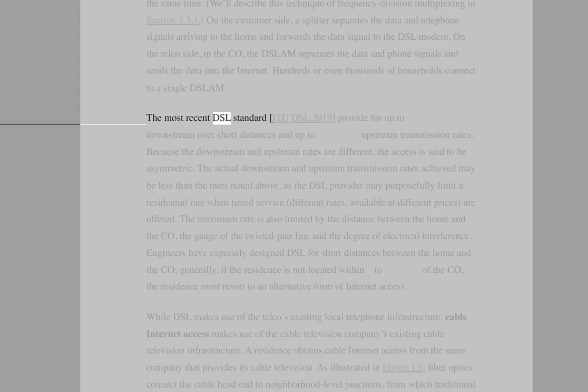The most recent DSL standard, ITU DSL 2019, provides for up to downstream over short distances and up to upstream transmission rates. Because the downstream and upstream rates are different, the access is said to be asymmetric. The actual downstream and upstream transmission rates achieved may be less than the rates noted above, as the DSL provider